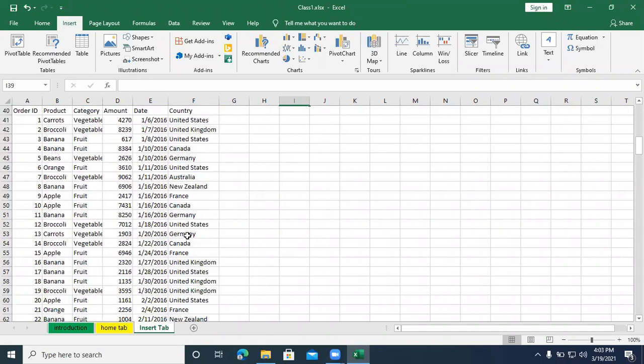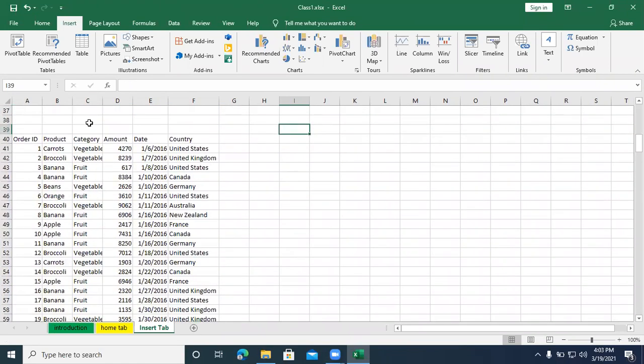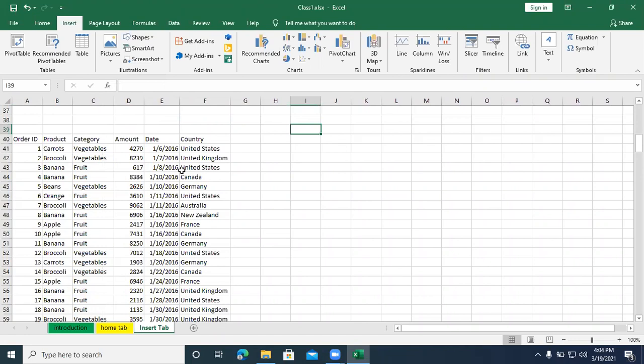They all opened. This is the data I sent, which contains the order ID, product, category, amount, date, and country. As we discussed in the last class, this is just a collection of your data. This is not formatted as a table.